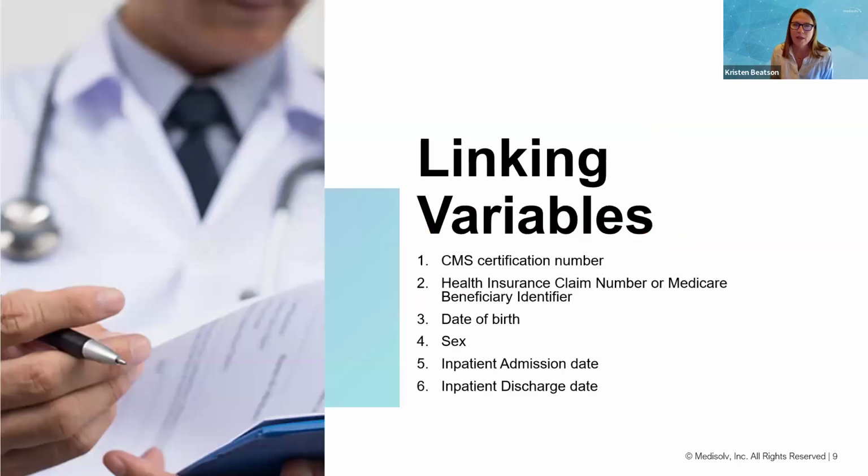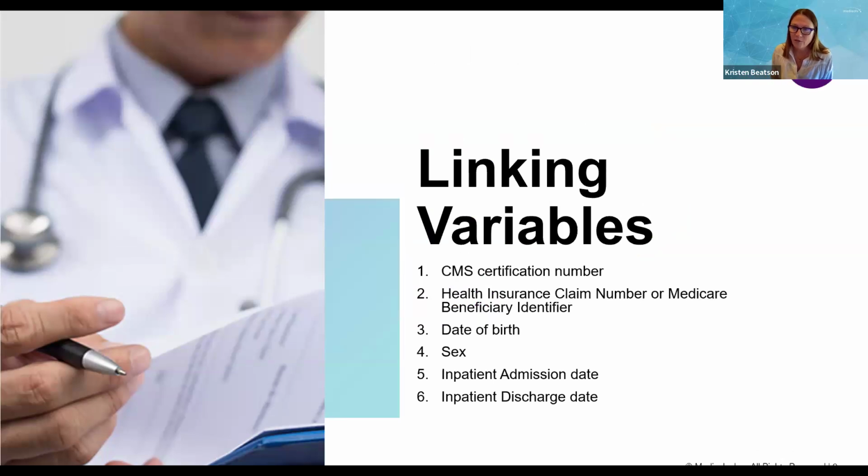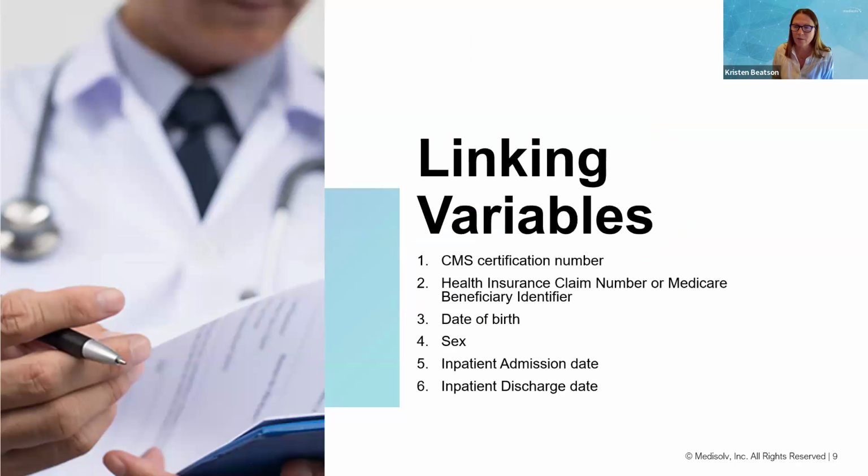Next slide. There are 6 linking variables. For CMS, it's the CCN, the MBI, the patient's date of birth, sex, and inpatient admission date, as well as the inpatient discharge date. So you have to have all 6 of those present in the QRDA files for every patient encounter in order for that link to occur to the claim. If any one of those is missing on the CMS side, they will not be able to link that CCDE data to the claim, and the patient won't be considered in the evaluation of the data. Next slide.